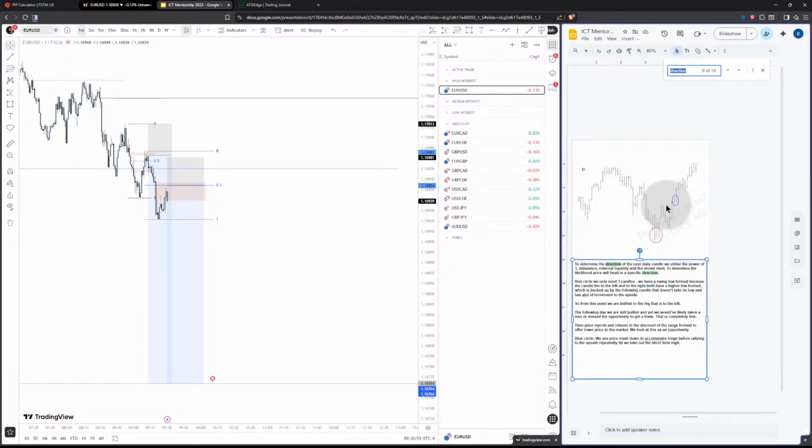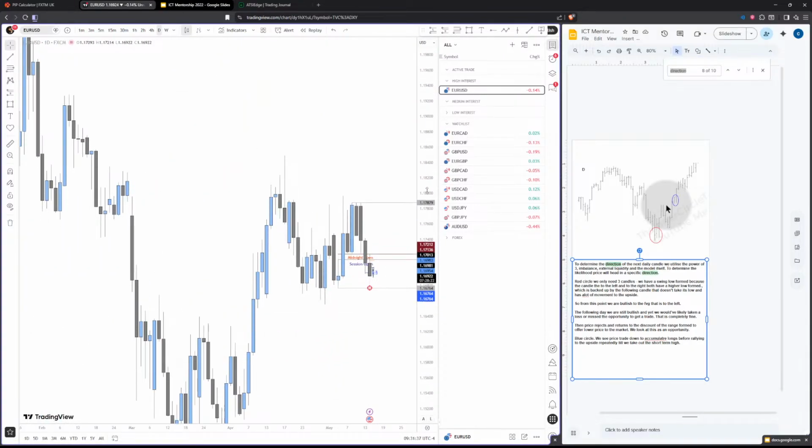The swing low is formed because the candles to the left and to the right both have higher lows, which is backed up by the following candle that doesn't take its low. This showcases that it's the confirmation of a swing low and not a continuation, so this helps us with the start of a reversal. Once we have those candles, we are bullish towards that fair value gap. So this swing low showcases the idea of a reversal.